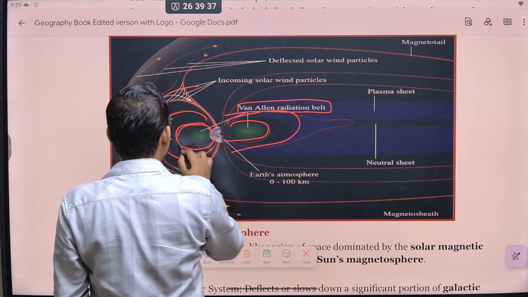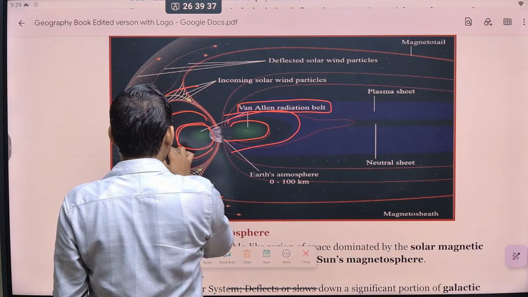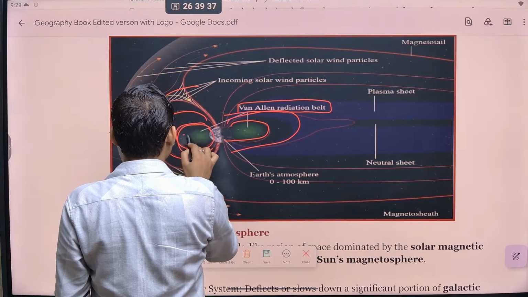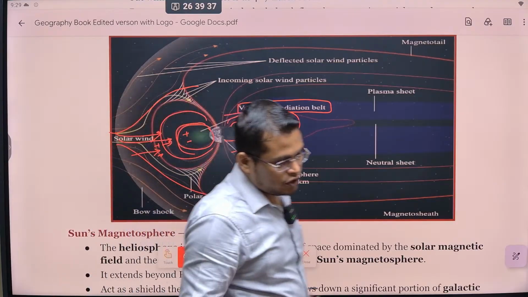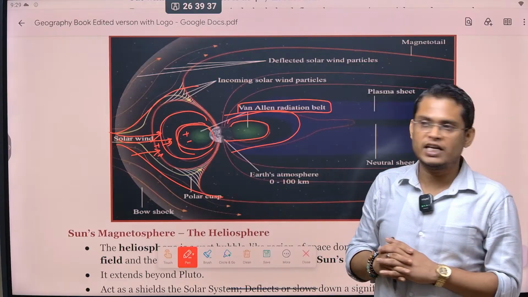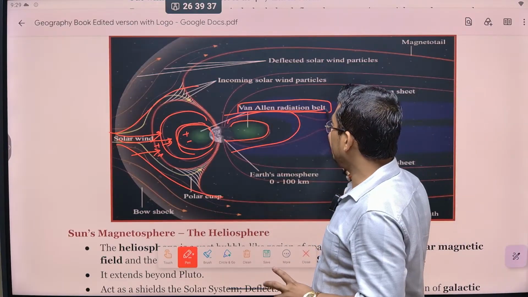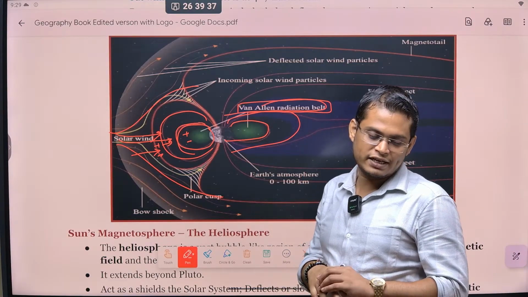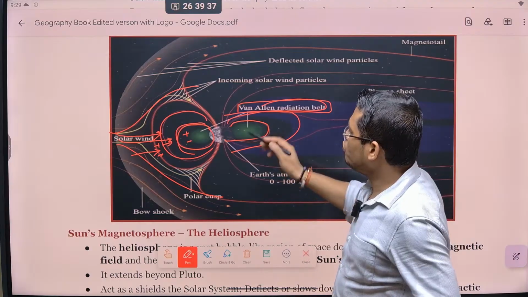Because these charged particles are being trapped, it does not allow any further charged particle, because if it is positive, it does not allow positive to come here. If it is negative, it does not allow negative charged particles to come here, because positive will be repelled and negative will be repelled. So we can say the Van Allen belt and all this radiation is really helpful to protect